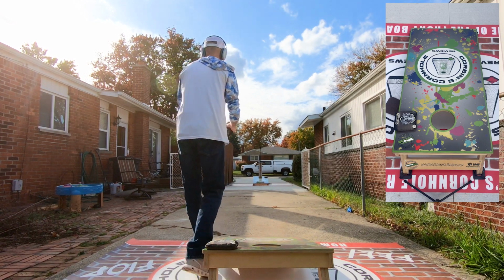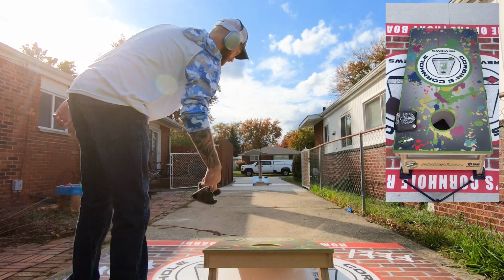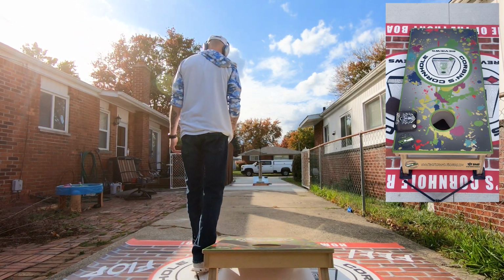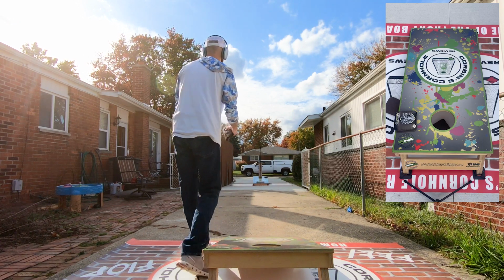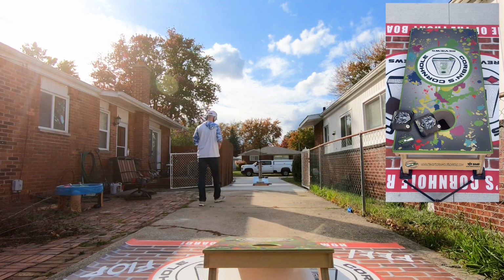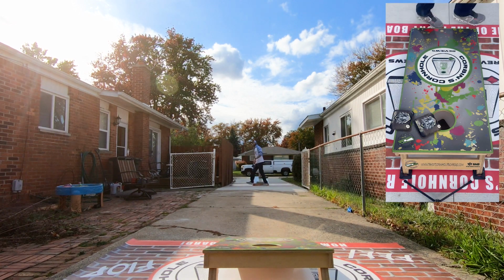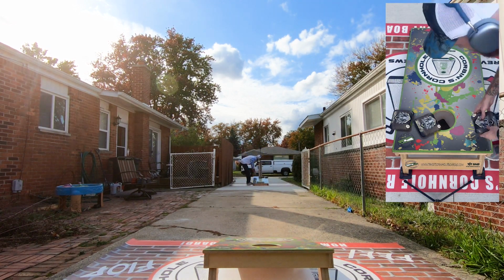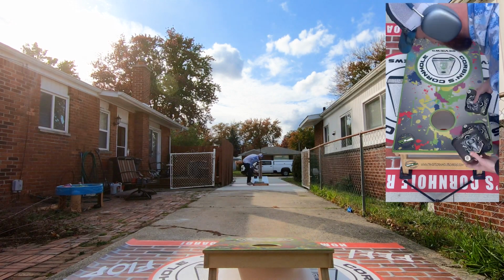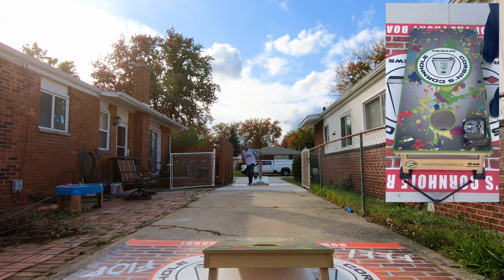They make good stuff. They really do. And I know what they're trying to do with this. They're going after the Wizard crowd, the Fallout X crowd. And they're probably doing it in a way of we're not using traditional herringbone, because traditional herringbone can have some durability issues. If you guys have thrown herringbone, you know what I'm talking about, especially if you spin the bag on your finger. It's going to tear it apart. So maybe they're going non-traditional, which is fine, but